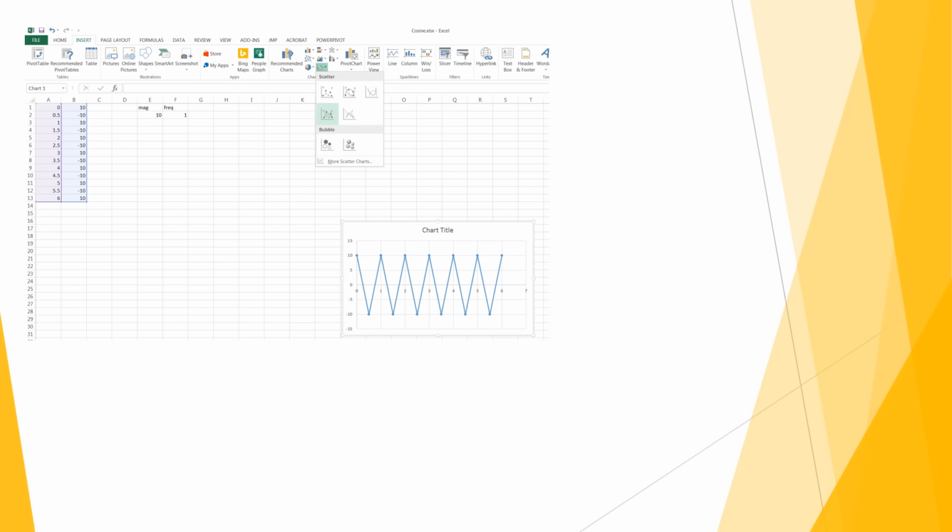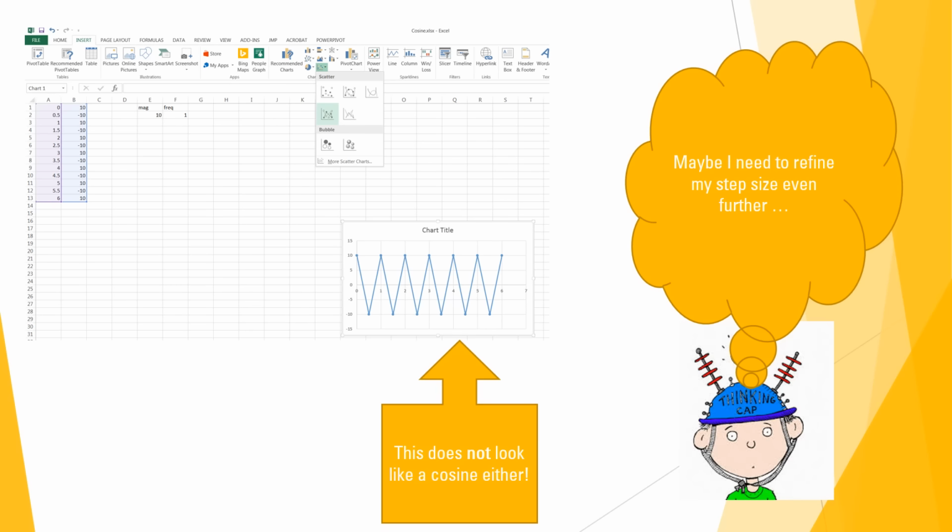Let's see how to plot this before we go any further. I choose my A and B column. I choose all of these boxes by just selecting A and then dragging it out to this full range here. And then I want to go to Insert, and over here I have a lot of options, and I can choose my chart type from this window here. I'm choosing Scatter, and then I'm choosing